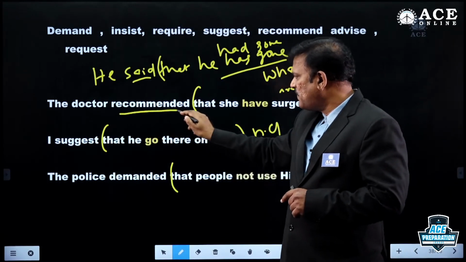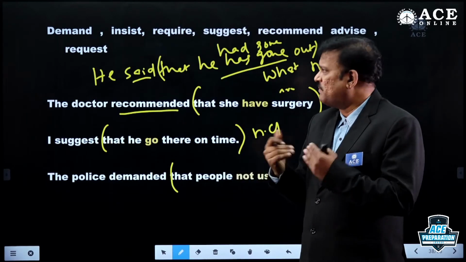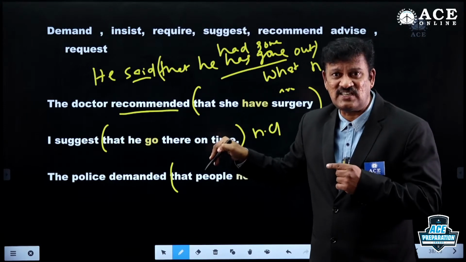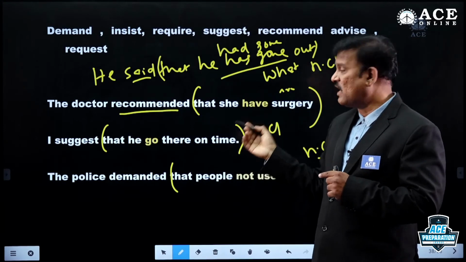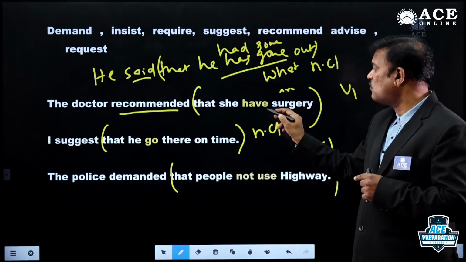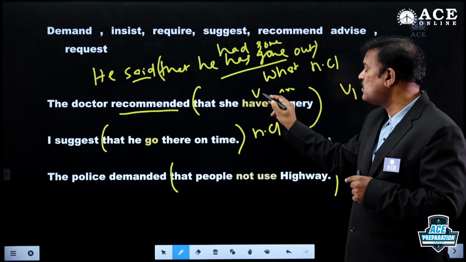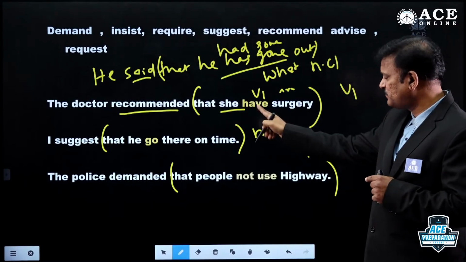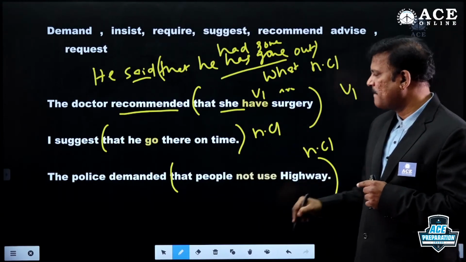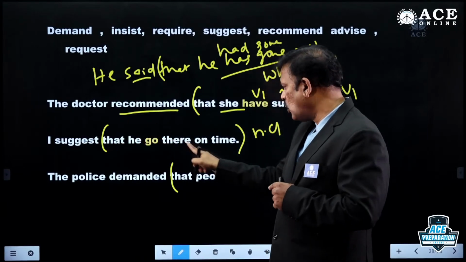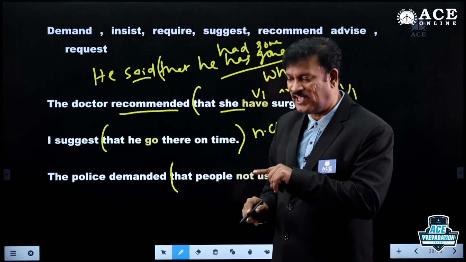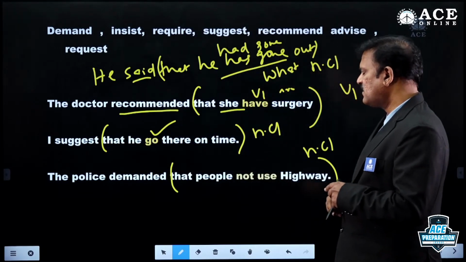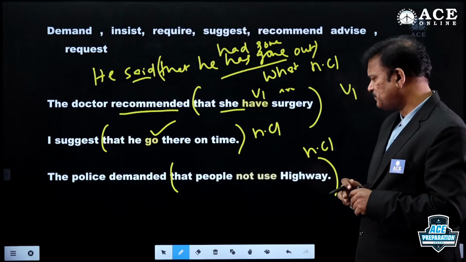If I see the main verb here, recommend or recommended, demand or demanded, insist or insisted, suggest or suggested, after that I have a noun clause. The verb in that noun clause should always be V1, no matter whatever the subject here. Okay? This is correct. I suggest that he go there, not he goes there, because this is suggest. Correct? The police demanded that,